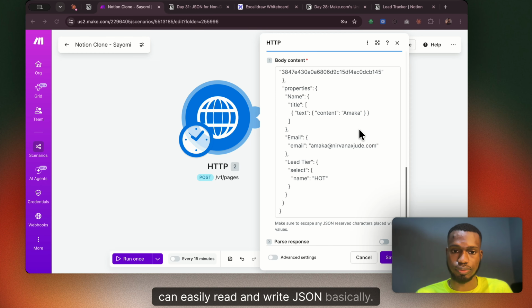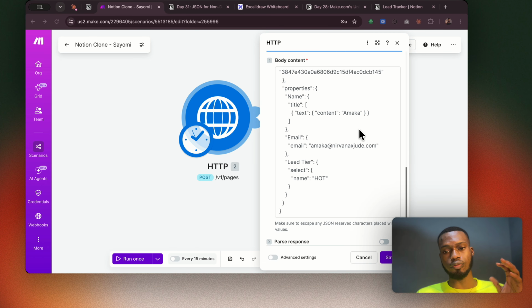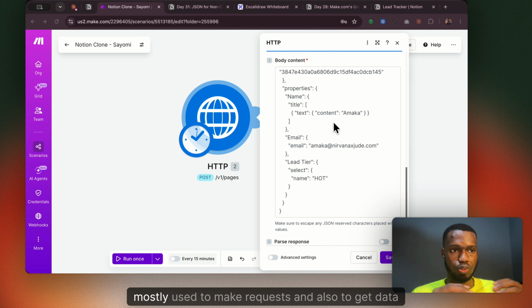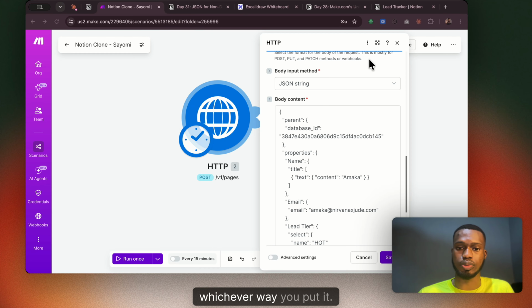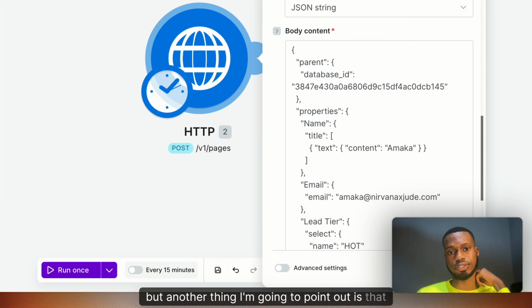and write JSON basically. So from what you have noticed as well from all these APIs and what we've been working on, it's a standard format mostly used to make requests and also to return data, whichever way you put it. So, and I've been explaining all this for a while. Well, another thing I'm going to point out is that before